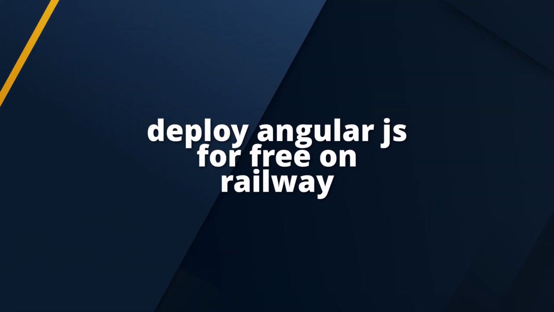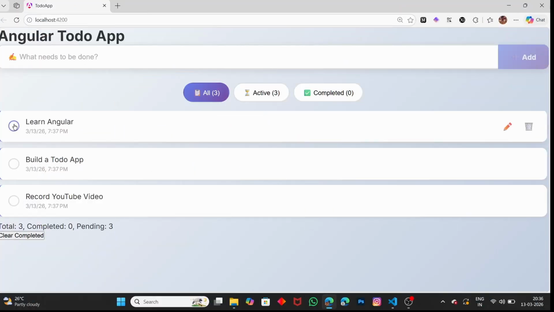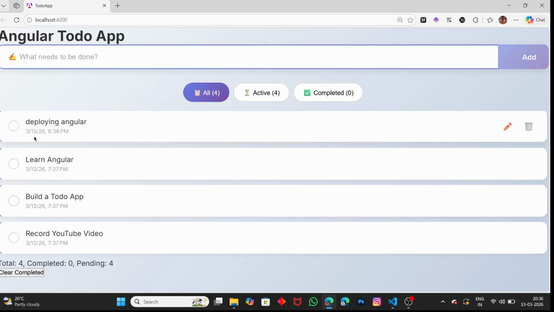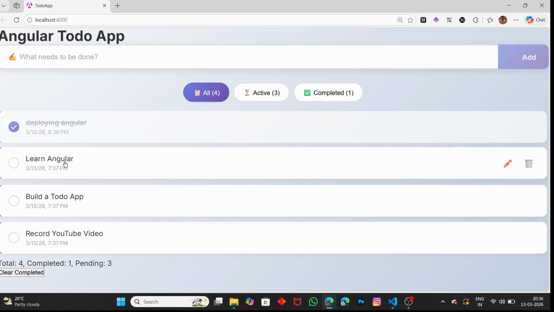In this video, let me show you how to deploy Angular.js on the Railway platform for free. Here I have a very basic Angular.js project, a to-do app. In this to-do app, you can add a new to-do. Let me add some to-dos here, and you can mark a to-do as completed by clicking on it, and you